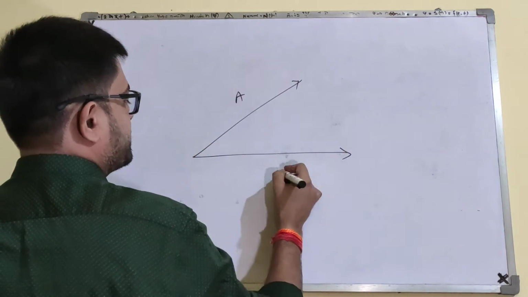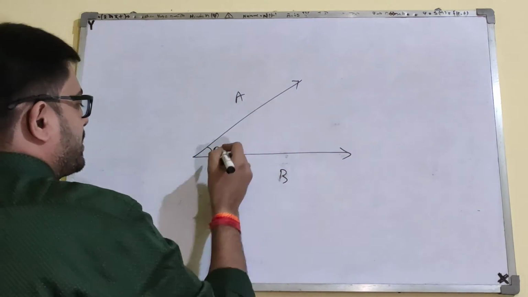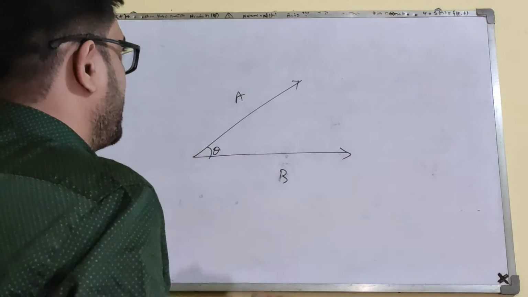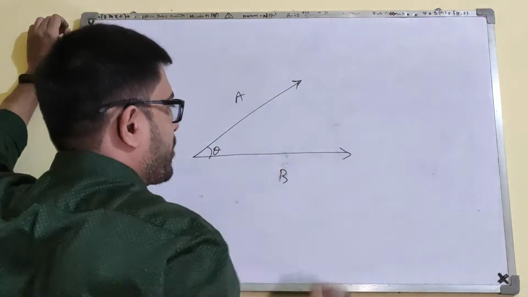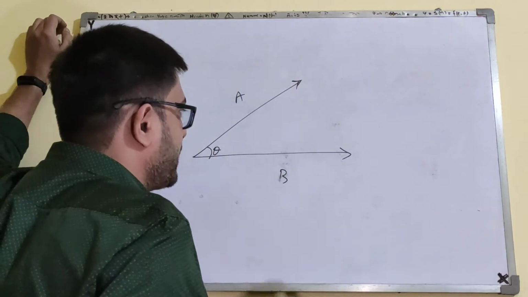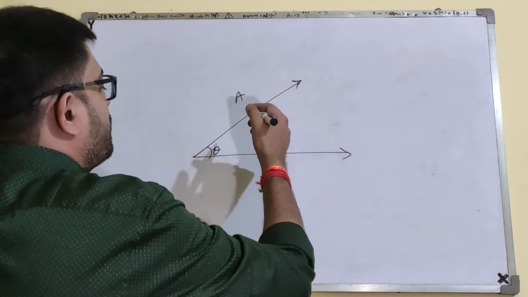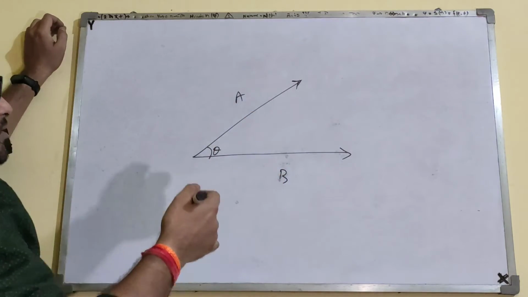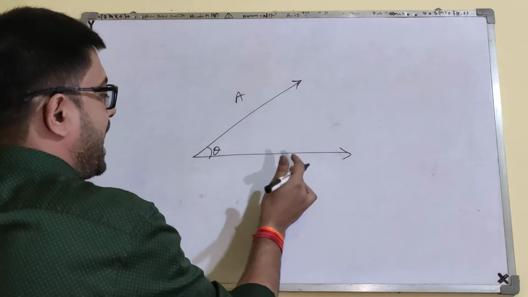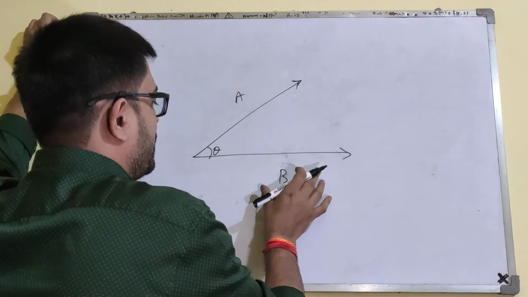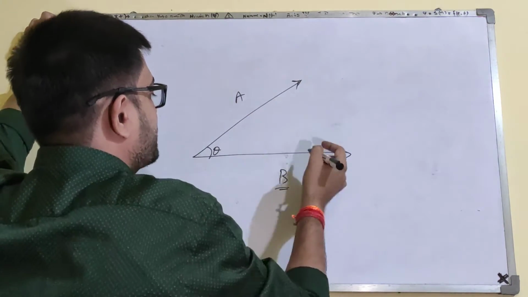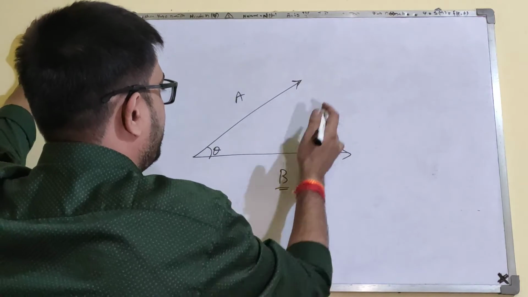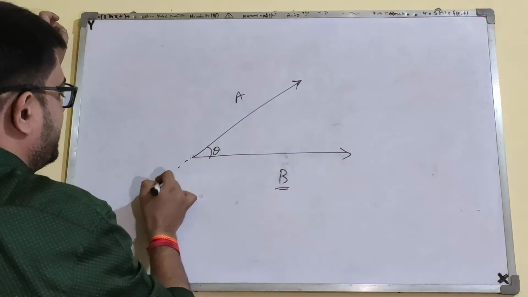This is A and this is B, and there is an angle theta here. Now, when we talk about dot product, what happens? The dot product is also called a scalar product for a reason, because what happens is we try to see how much B can scale A in the direction of A. That means the component of B, if this is the line of action of A,